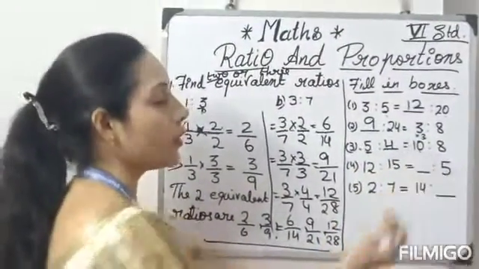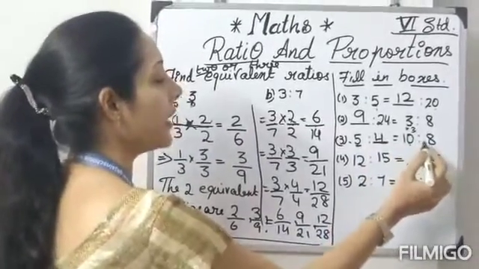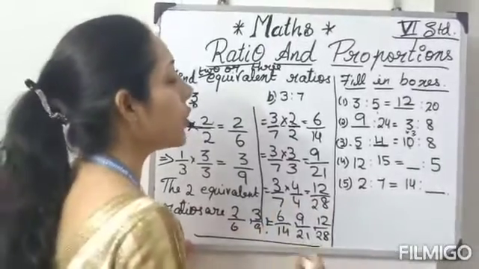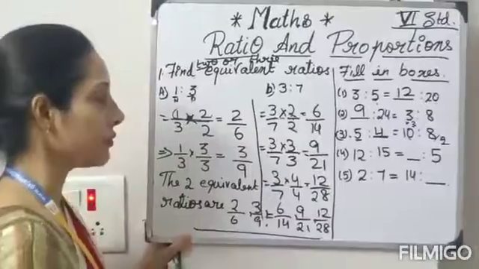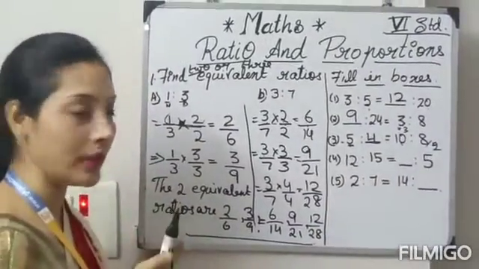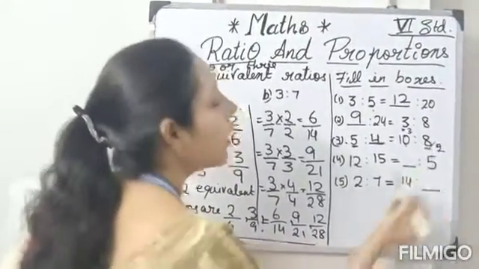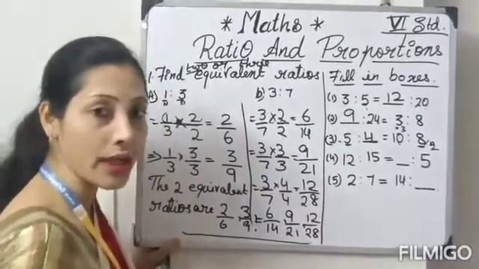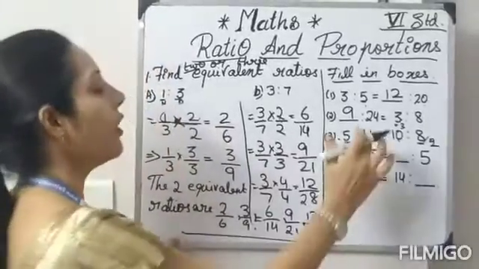5 table, when 10 goes, 2s are. But here it is different, so you have to think it out. 8 twos you should not do. What you should do is divide by 2. See, small to big, 5 to 10, when it goes 2s are, you know that. But here a big number is given, so we can't multiply. If you multiply, you will get 16. That is the wrong answer. So you should write divide by 2, 4.